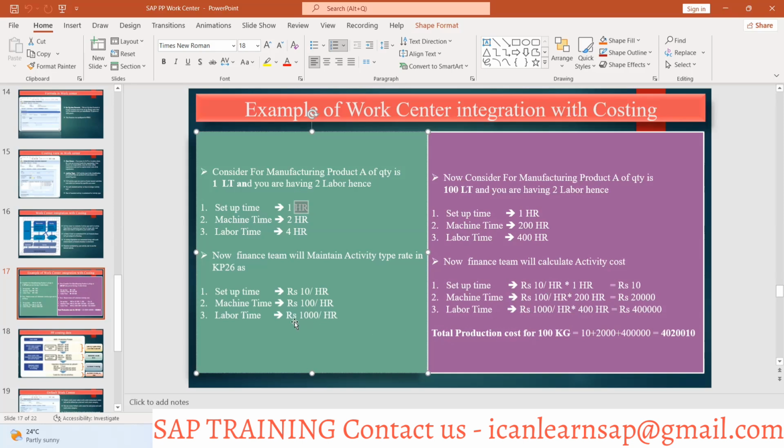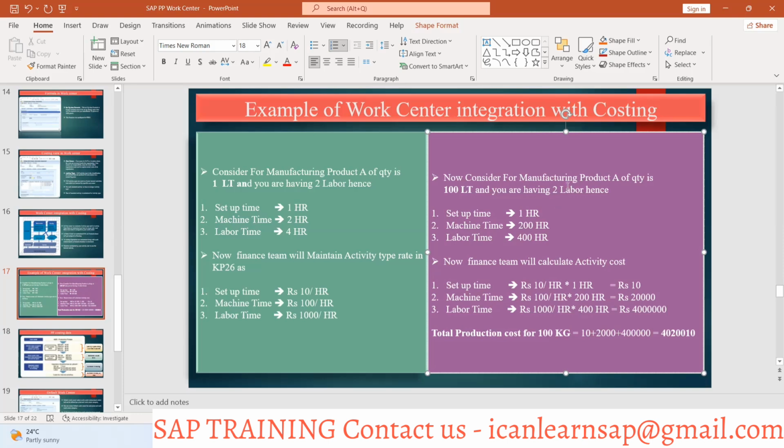Now, finally, labor is going to require 400 hours and your labor hour rate is 1000 rupees per hour. And you have to go for 400 hours. So, 400 hours multiplied by 1000 rupees per hour, it gives you 4 lakh rupees. Okay. Clear? So finally, 4 lakh rupees plus 20,000 rupees plus 10 rupees becomes 4 lakh 20,000 and